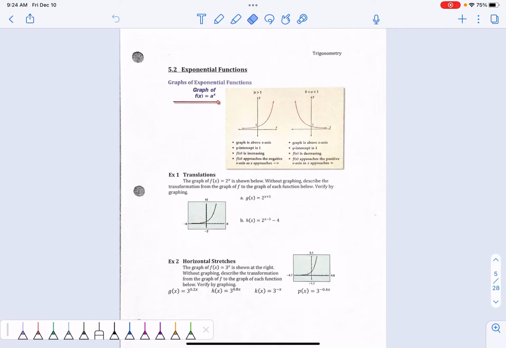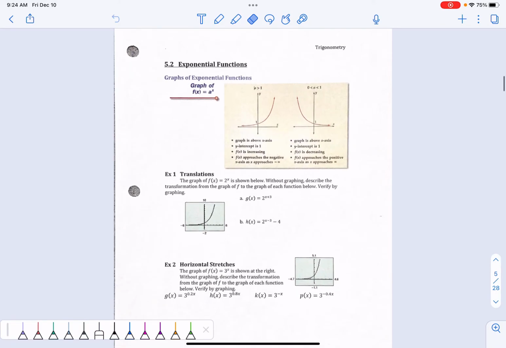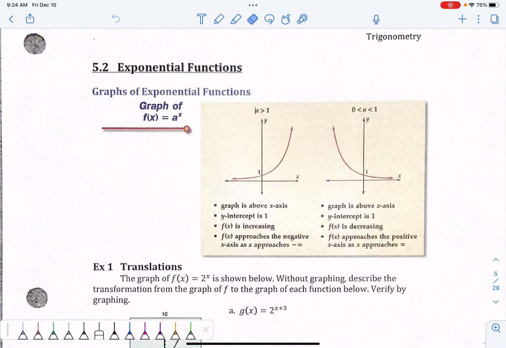We're going to go through probably a good chunk of section 5.2. We might not get done with it, but starting into exponential functions. So we have,